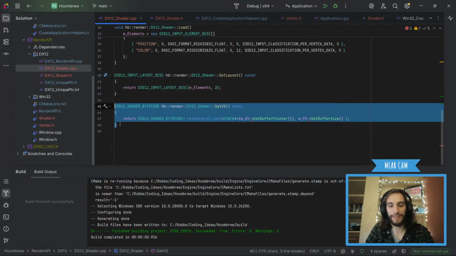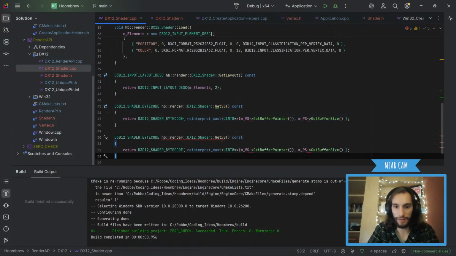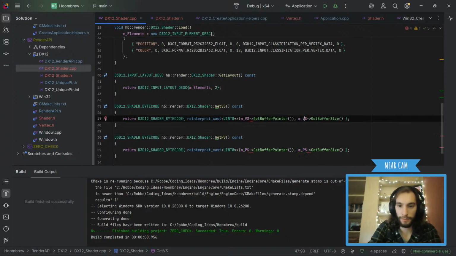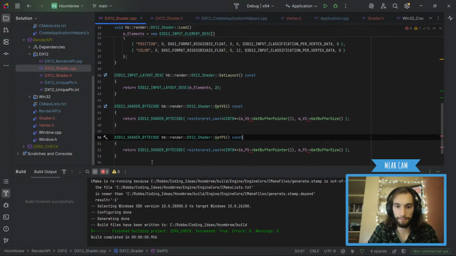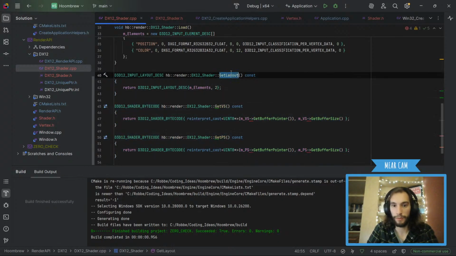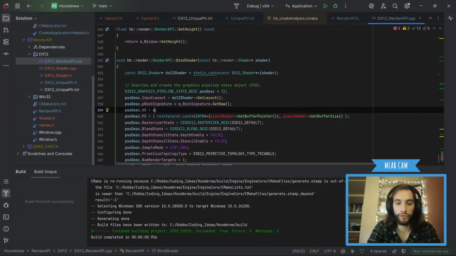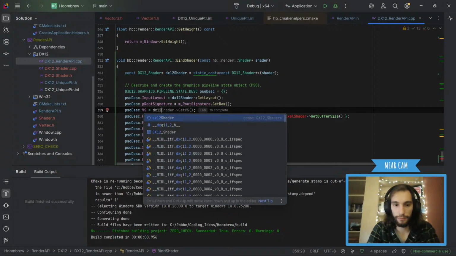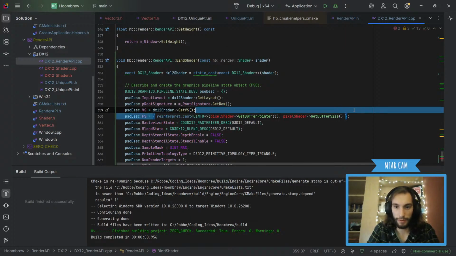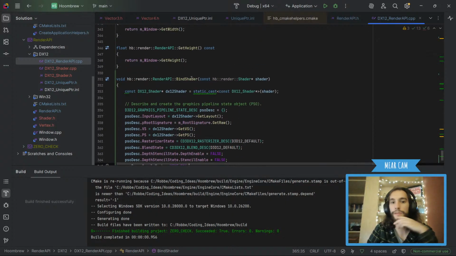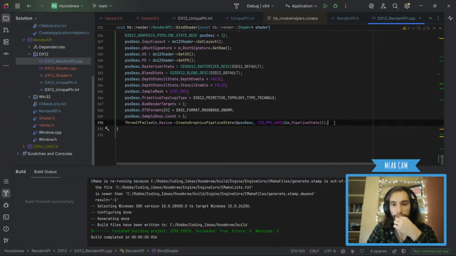Alright, so let's do the same thing again, but for the pixel shader. If this one works, then it's something weird. No, okay, this one doesn't work either. Okay, those two are set up. So we can get layouts, get those. Okay, so then at the bottom here we can do DirectX 12 shader get vertex shader, and DirectX 12 shader get pixel shader. And that should be all set up. So then we can do bind shader. We'll create our PSO, we'll set our PSO.